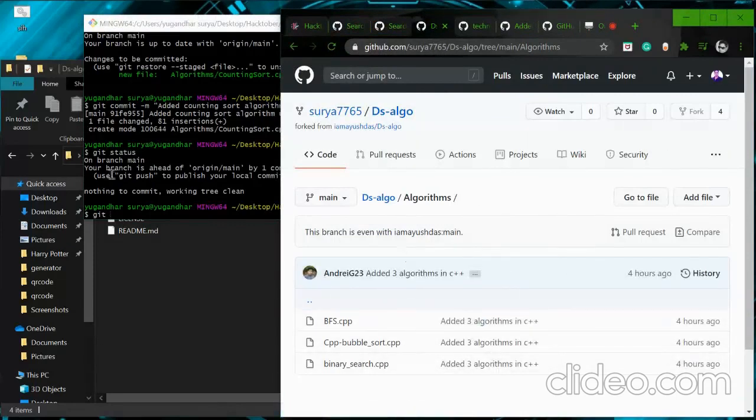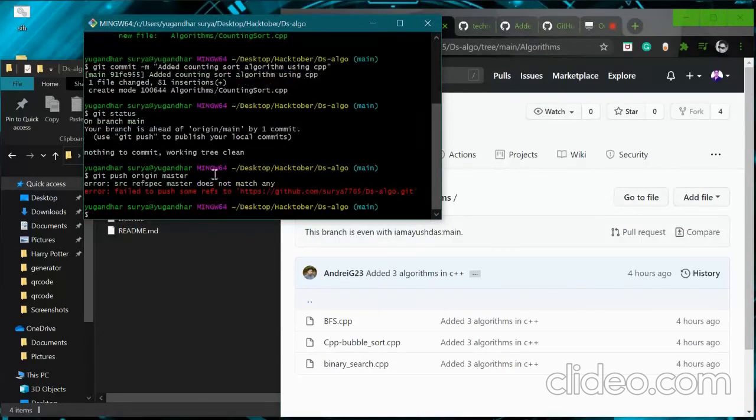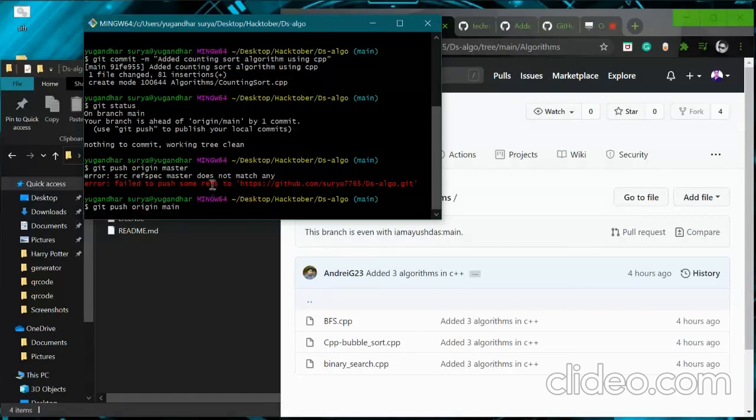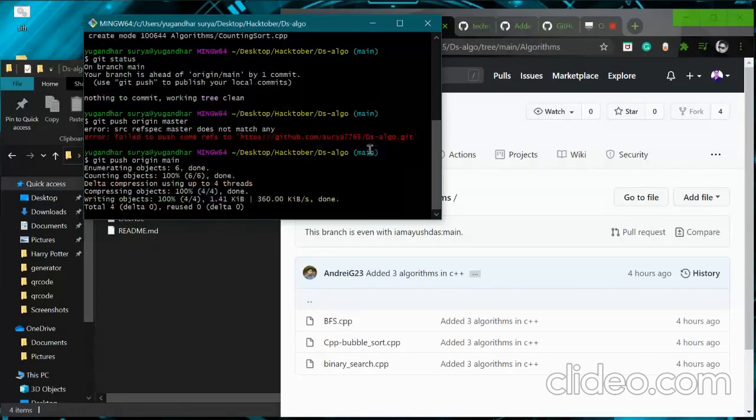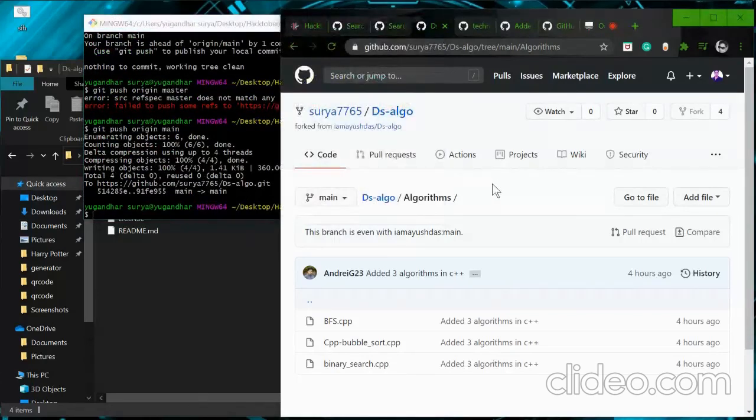So to add that, you use git push origin. This is main, so you have to git push origin main. This is the origin I am adding. So if you see, it is already added. If I refresh it now,